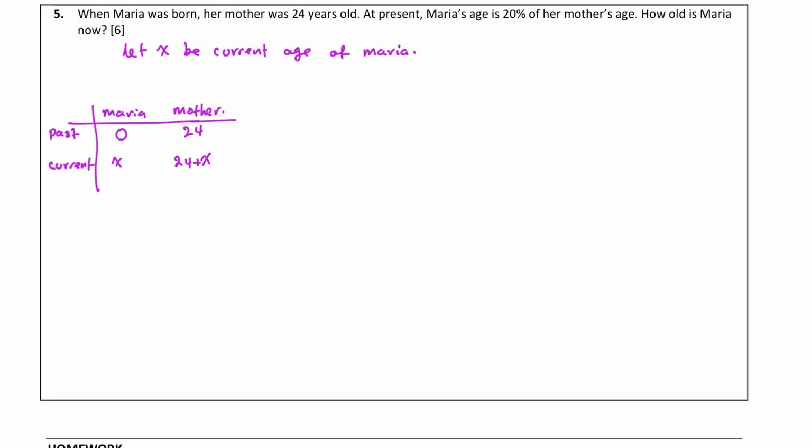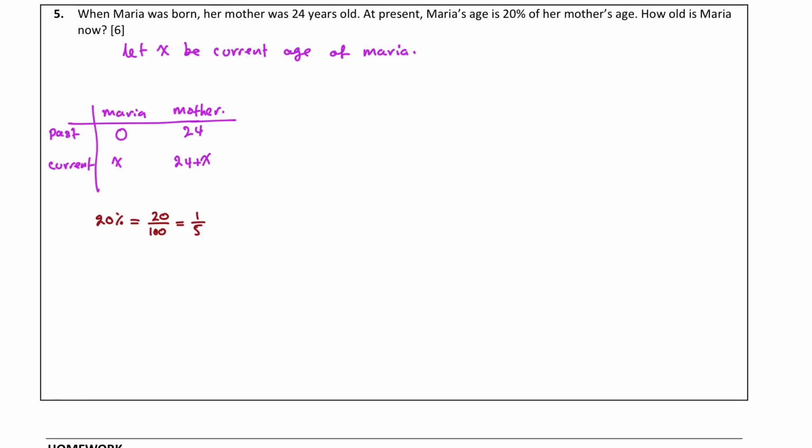So the last sentence over here says, at present, Maria's age is 20% of her mother's age. So that means 20% is the same as 20 over 100 because percent refers to over 100. And if we simplify that, that is 1 over 5. I can divide both the numerator and the denominator by 20, and I will get 1 over 5 as my